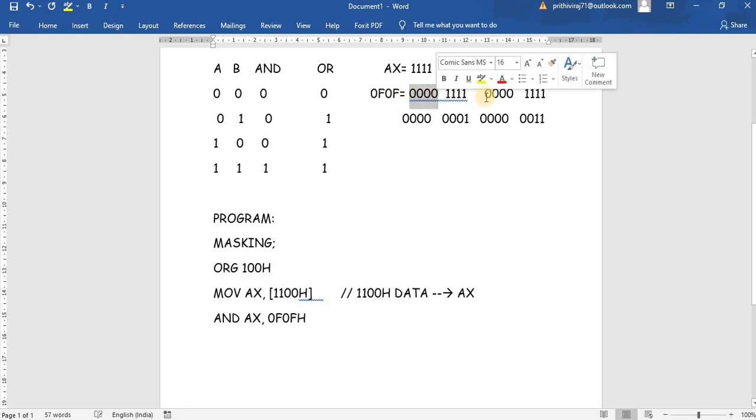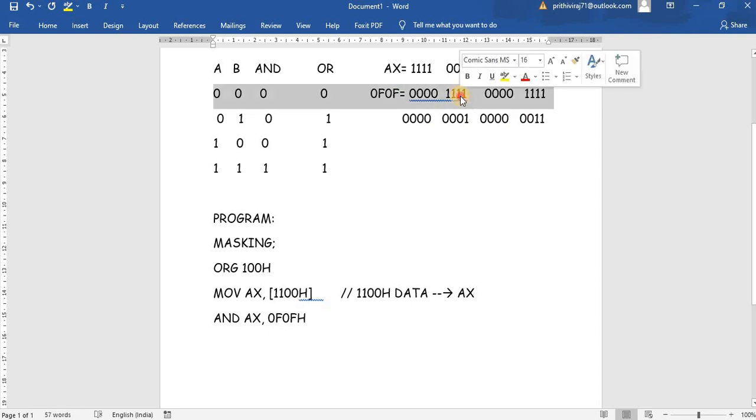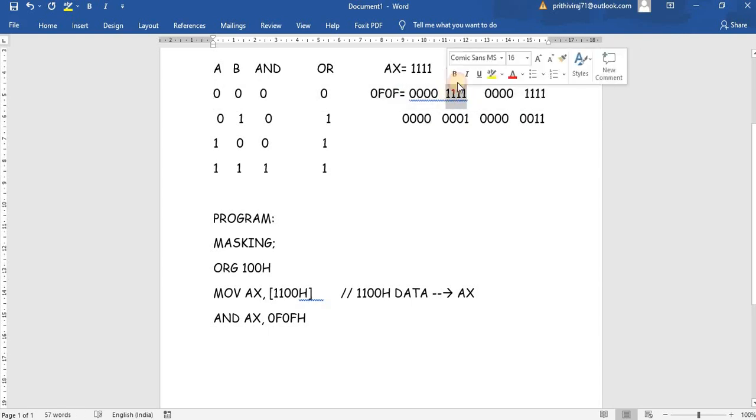Wherever we have given 0, the corresponding bits are masked. Wherever we have given F, the corresponding bits are not masked. You can see here 0001, the same 0001, and then 0011, the same 0011 has not been masked.